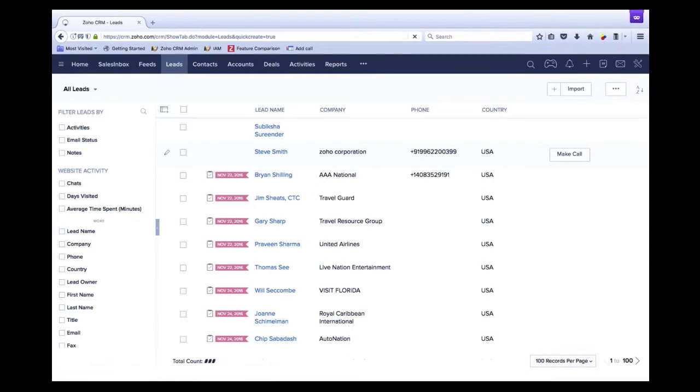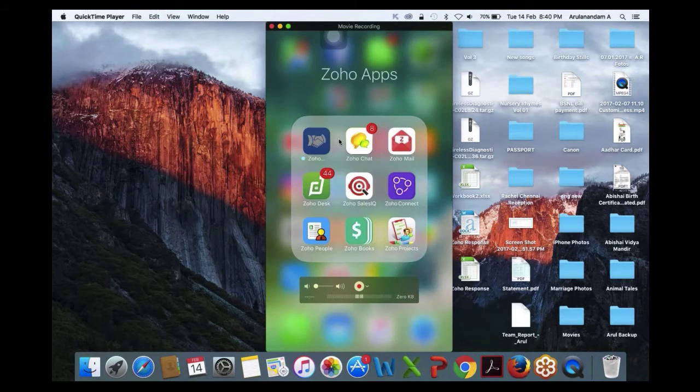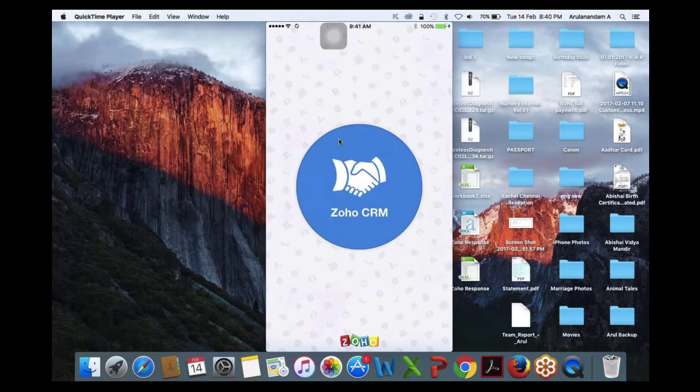So let's assume that once you've sent out the email, the email could be an appointment confirmation email that you've sent to the lead, and you're going to meet them in person. Now comes the mobile app. So this is going to be the mobile app for Zoho CRM. And if you're someone who's going to be on the field,